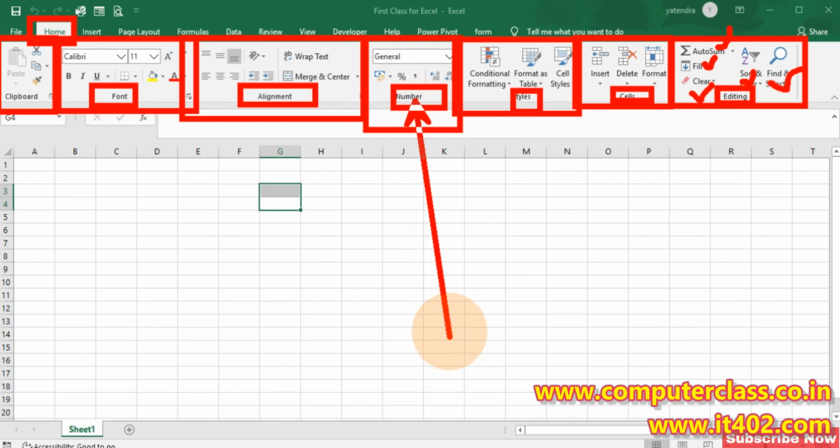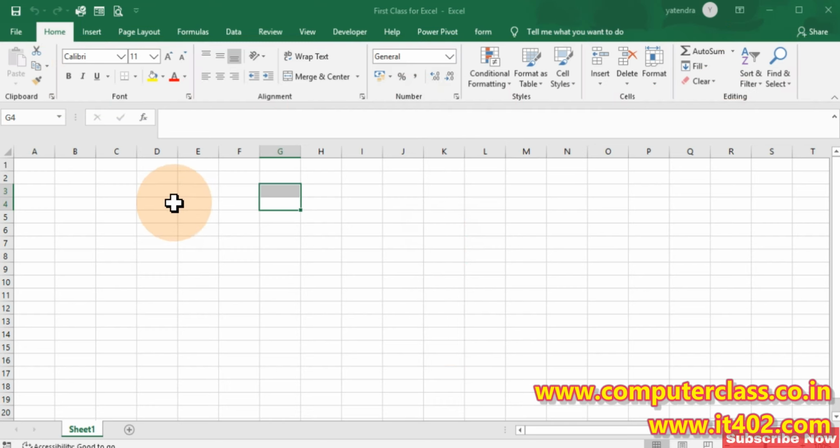If I need to change some formatting in my data, like the style of the date, the style of the time, or the format of the number, or I want to make a particular column in currency format, all the options are available under the Number group. Now move to the next option.